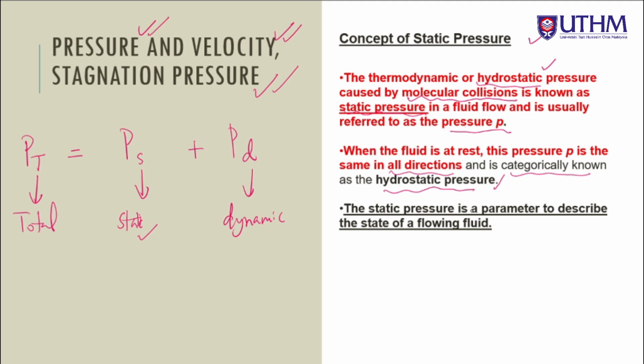The static pressure is a parameter to describe the state of a flowing fluid. Static pressure is the pressure exerted on the molecule itself, and dynamic is the pressure exerted when it is moving. Okay,